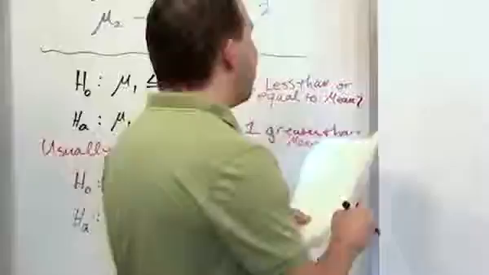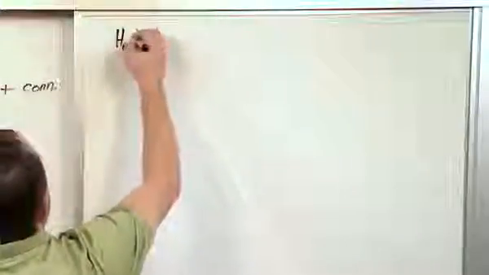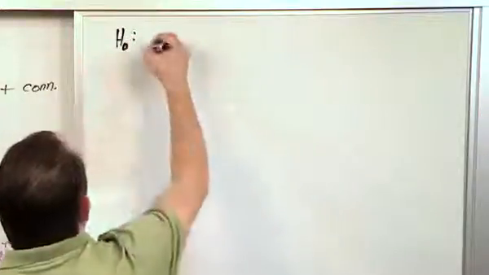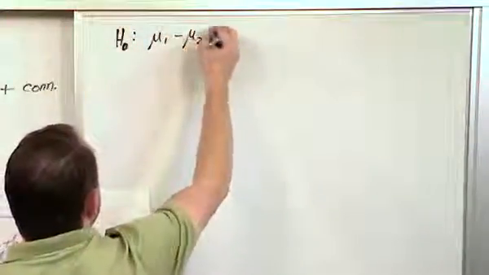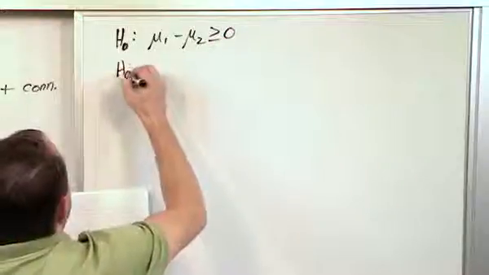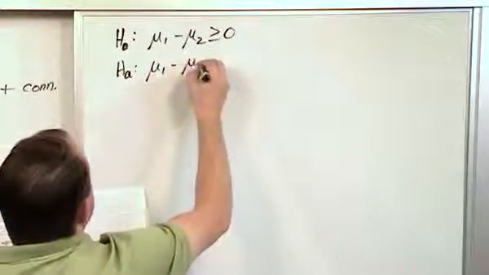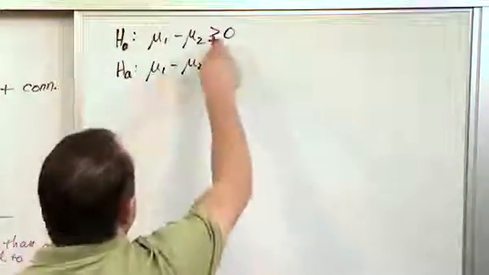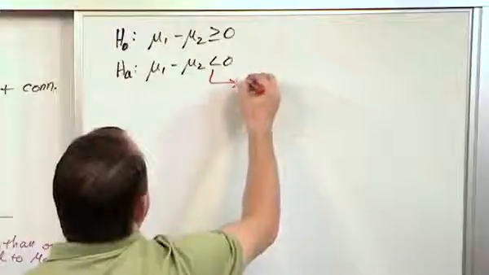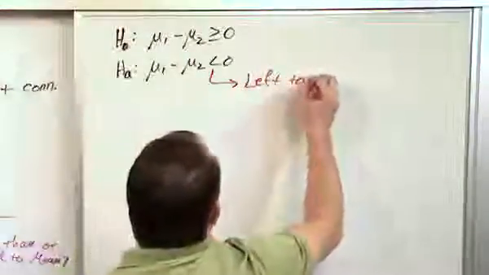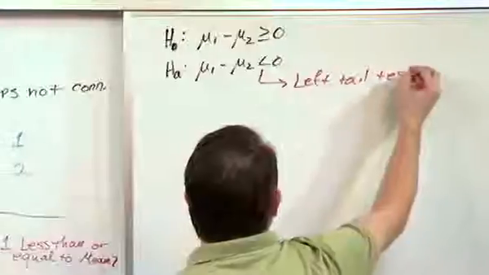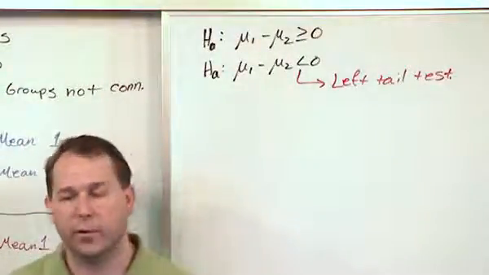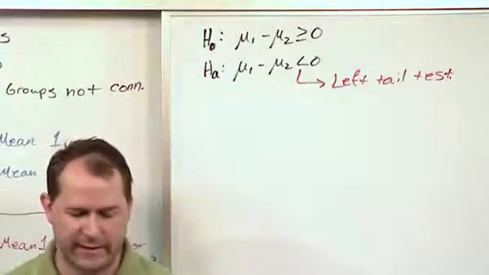You may have another type of null hypothesis and alternate hypothesis that might look something like this. Mu1 minus mu2 is greater than or equal to 0. And then the alternate would then have to be mu1 minus mu2 is less than 0. And this is exactly the same as what I just wrote, except that the signs are flipped around. So because this points to the left, this is a left tail test. So you see, you don't flush what you learned before. The bottom inequality still points left or right,